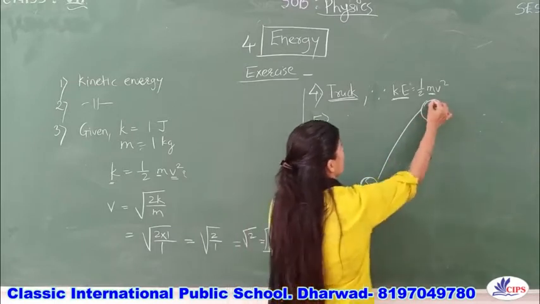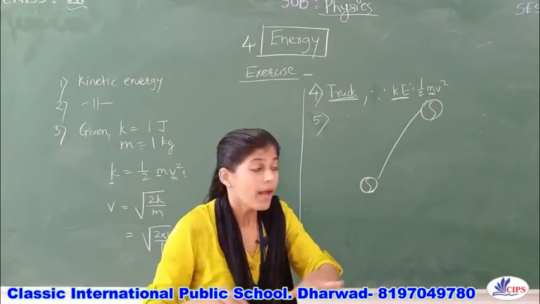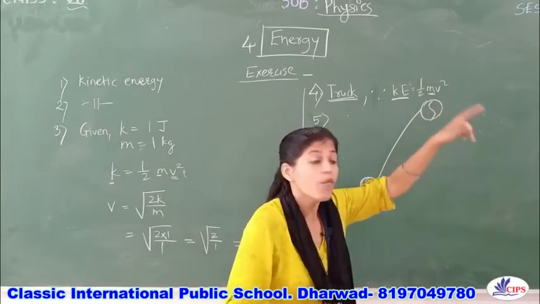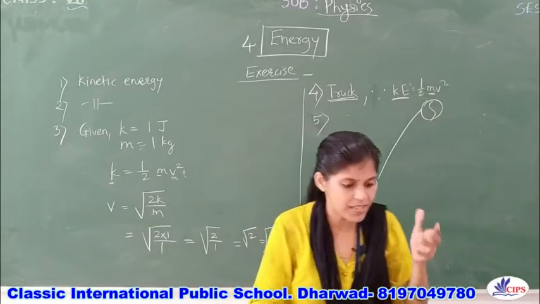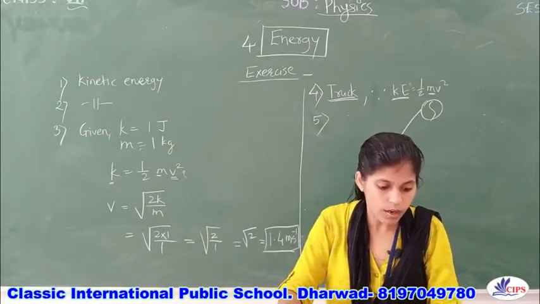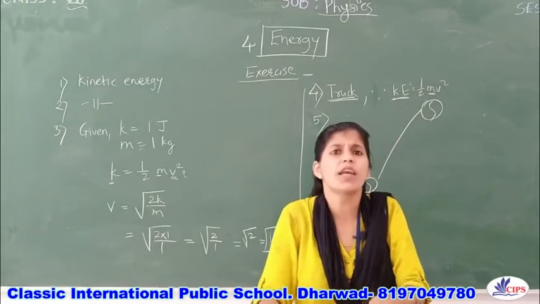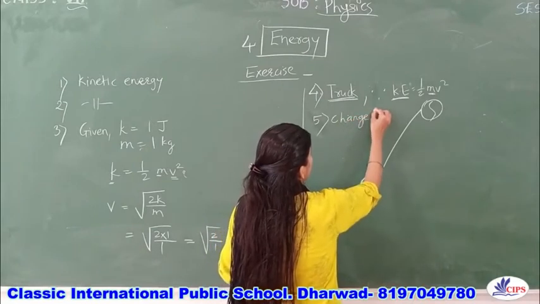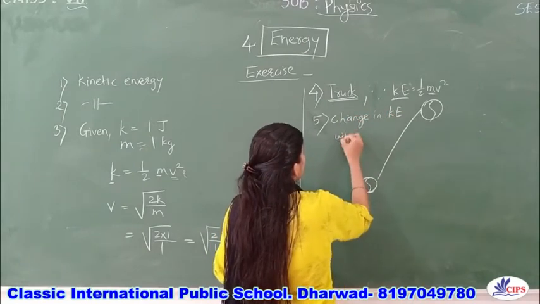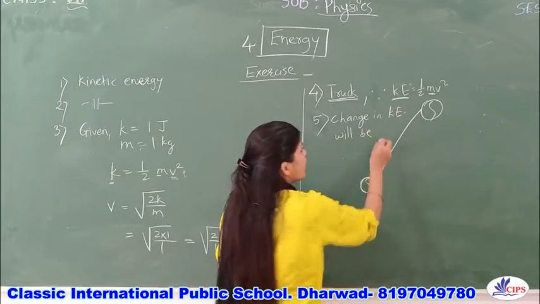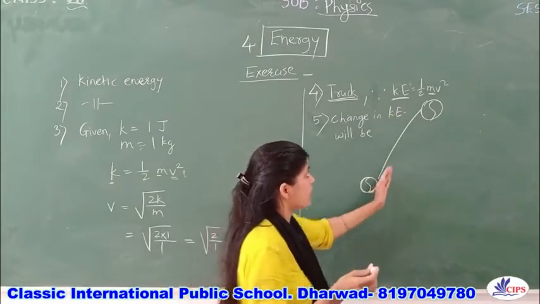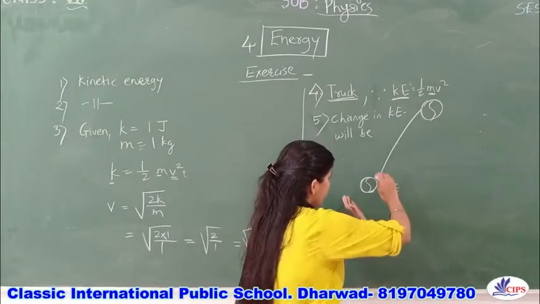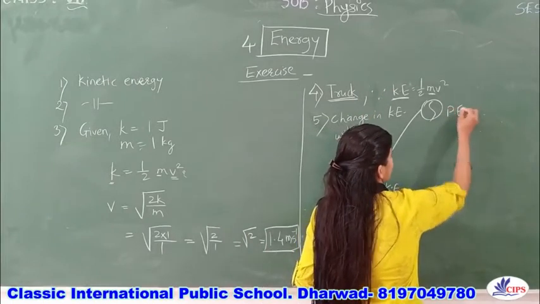Okay, this is the ball. They ask you at the point where kinetic energy becomes zero over here, what will be the energy possessed in the ball? Or they ask, if the velocity becomes zero, what is the change in kinetic energy? So the change in KE will be what? You also know that at a certain height it will be transferred into PE. This total KE will get converted into PE, right?